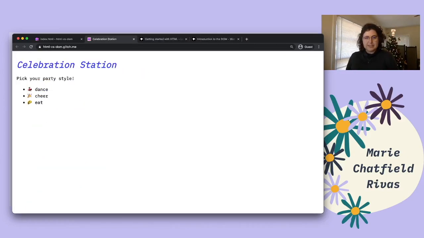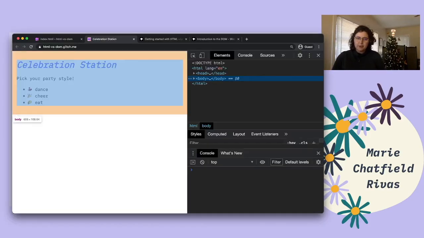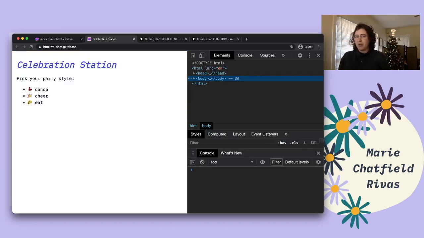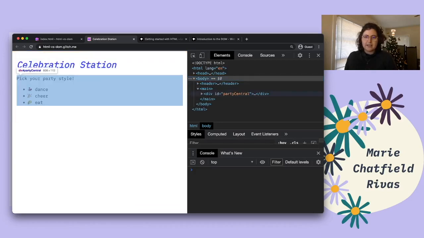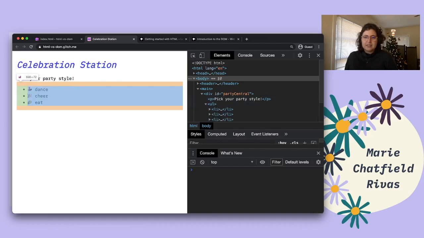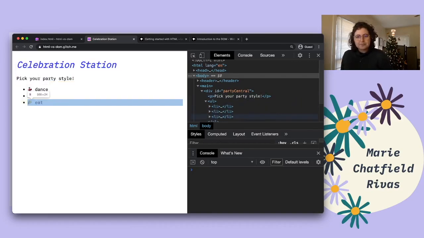Let's go ahead and see if we can take a look at the DOM. I'm going to be doing all of this with the Chrome developer tools, but pretty much all browsers have some way of accessing these developer tools. Here I can see a representation of my DOM tree. Once again, I start out with this top level HTML element. I've got the head and the body described in my HTML file, and once again, these are all the DOM nodes. I can click all the way down and see my list elements.